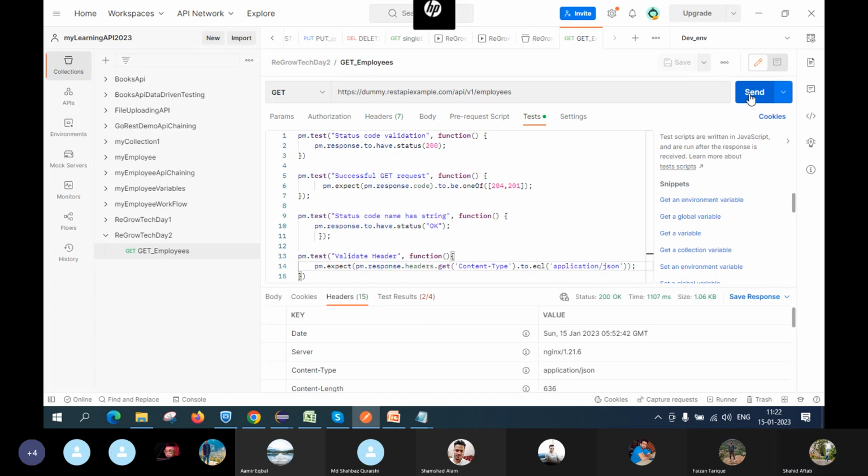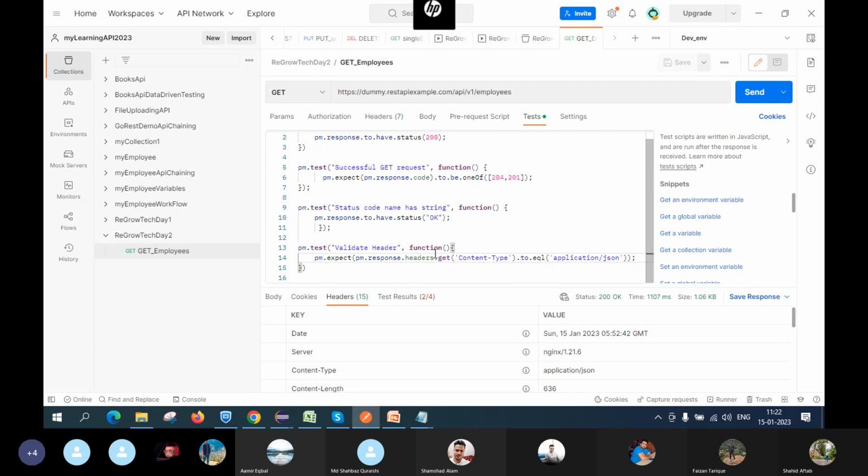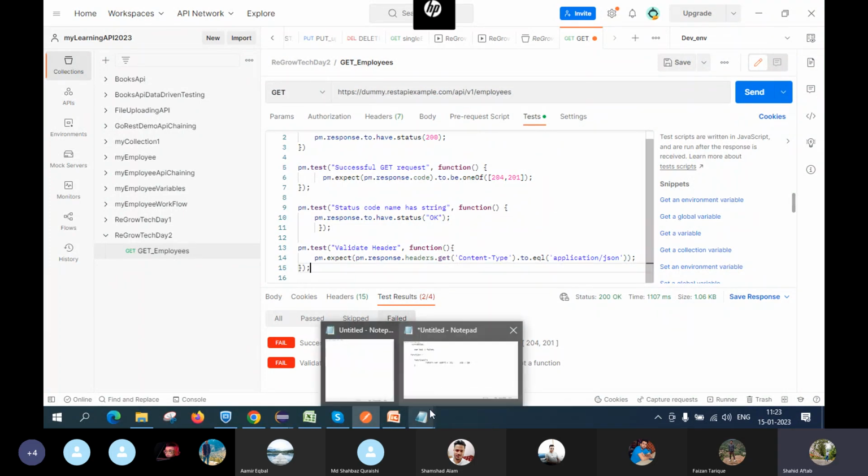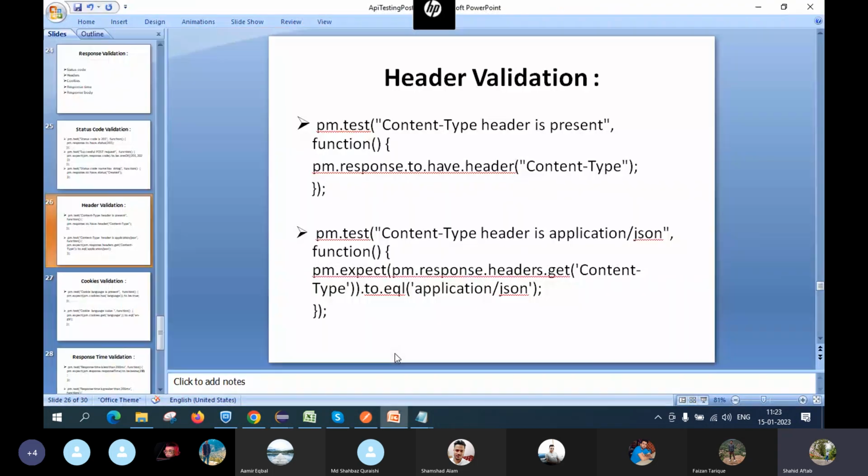फेल हो गया। रिस्पॉन्स डॉट हेडर गेट्स इज नॉट अ फंक्शन। आई थिंक कोड में मेरा कुछ गलती हुआ है। ए कैपिटल लेटर में था क्या? ए कैपिटल लेटर में था मेरे। एक मिनट, ए कैपिटल में नहीं है, जस्ट लेट मी चेक।